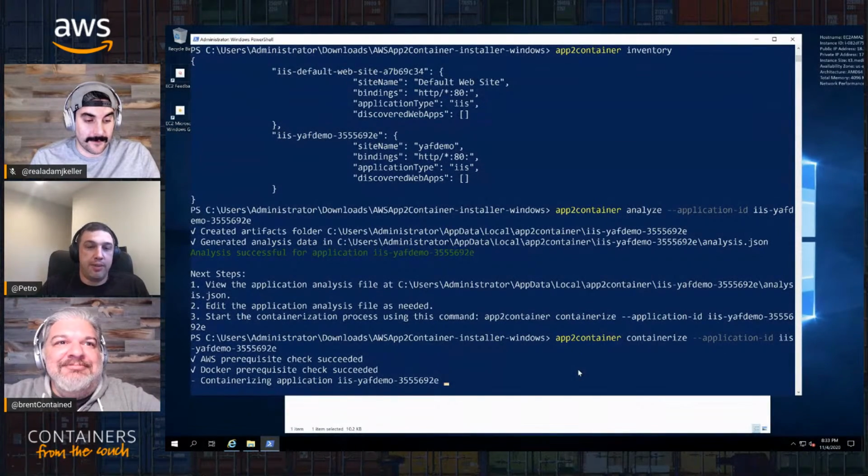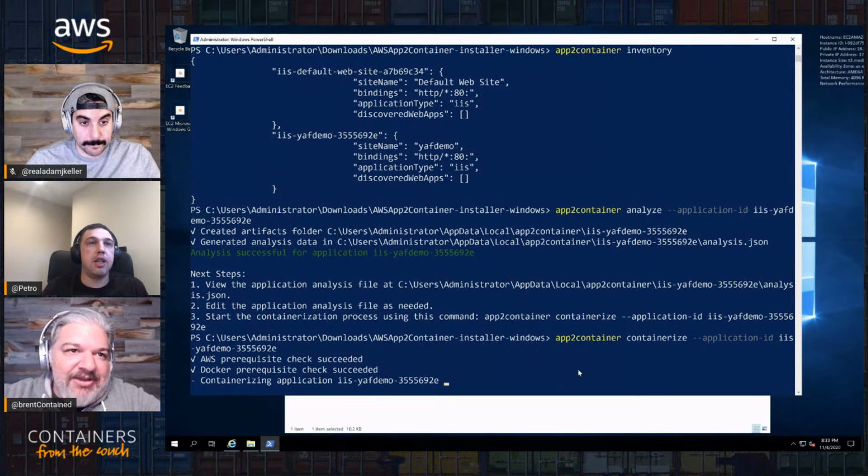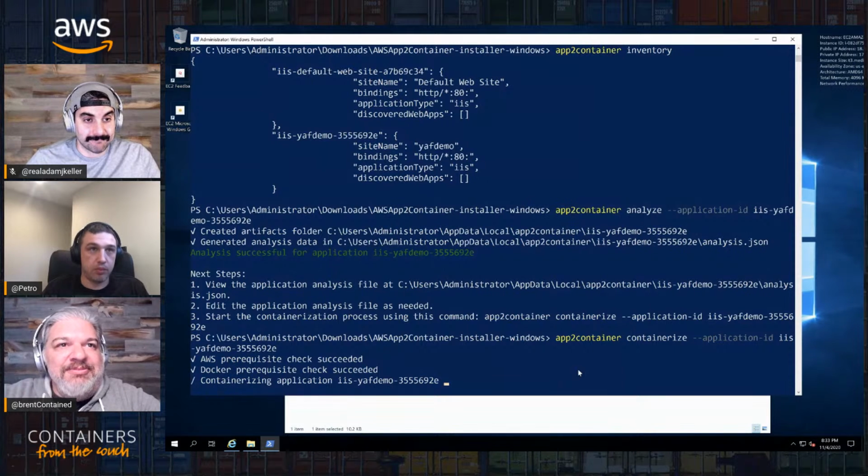It will run for a few minutes. We can probably talk through some things. Maybe viewers have some questions. Right. Yeah, so right now I noticed the Docker prerequisite check. It's checking to see that you have Docker on your Windows machine. So it's probably now running like Docker pull, Docker build. It's got to pull down that